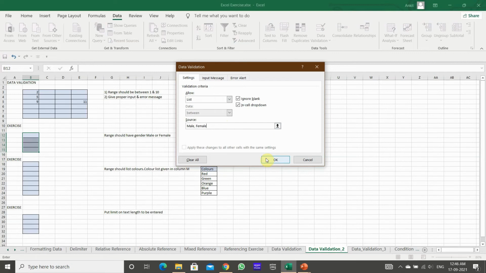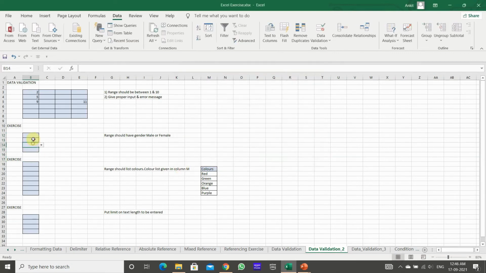I will click OK. Okay, see now whenever you click any of the cells, because data validation is applicable only on these 4 cells, a drop down icon will come up and you just select one of them. Select male, or you can select female accordingly.